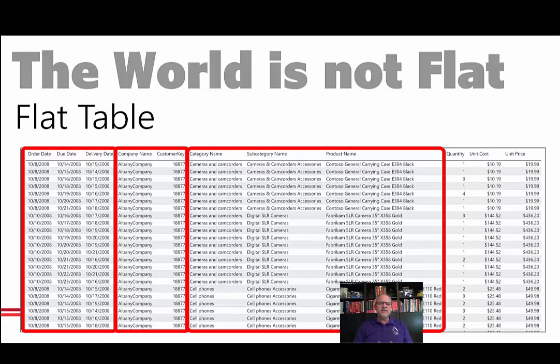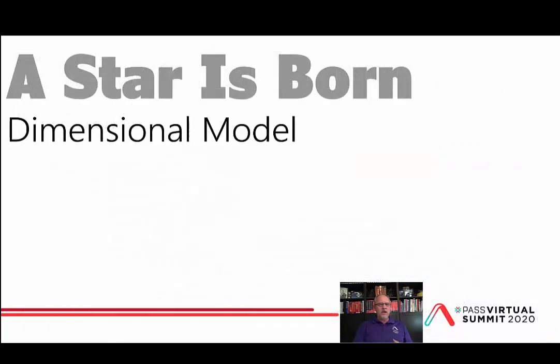Then I have three columns that are numeric, and so these are what I'm going to call my metrics, or the numeric columns that would be the base for my measures. These are typically numeric values that I'm going to aggregate in some way. We may sum them up, we might count them, we might take the min or the max or the average or the standard deviation, but some kind of aggregation will be applied to these columns. Now, this is just where it starts. This is the tip of the iceberg. So let's step back now and think about how we would approach this dimensionally.